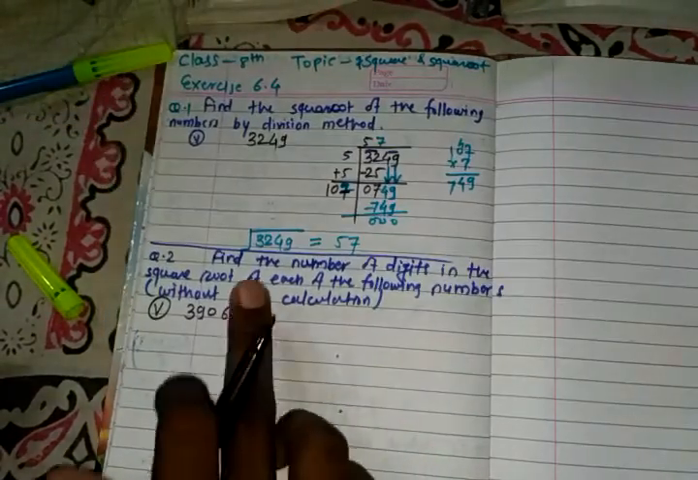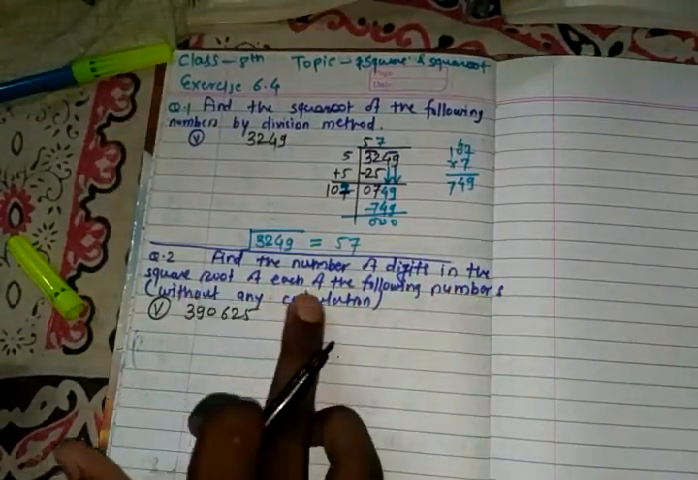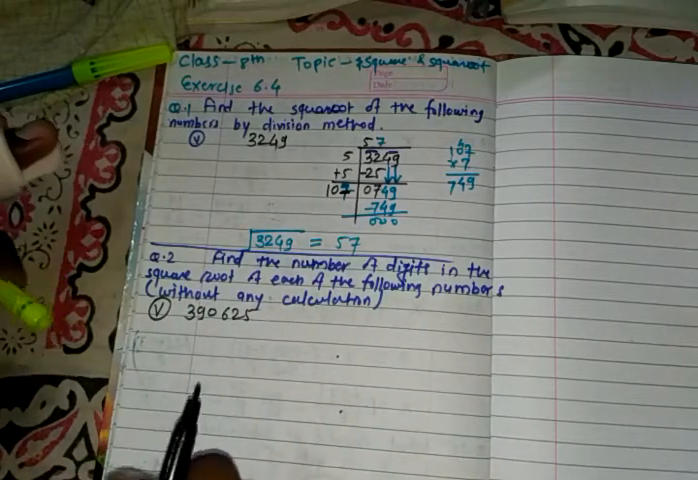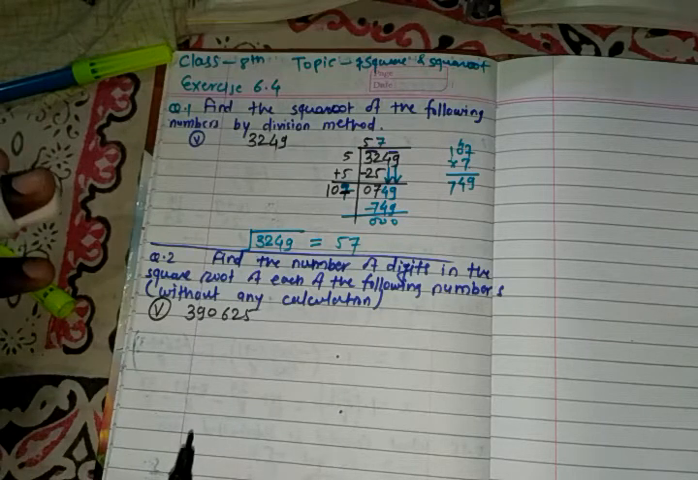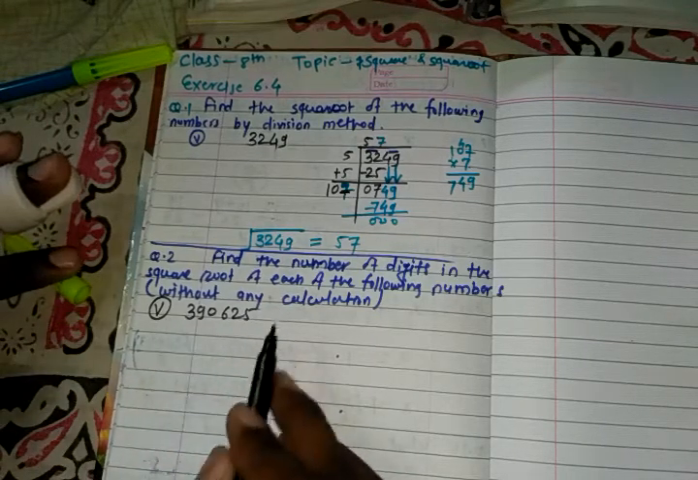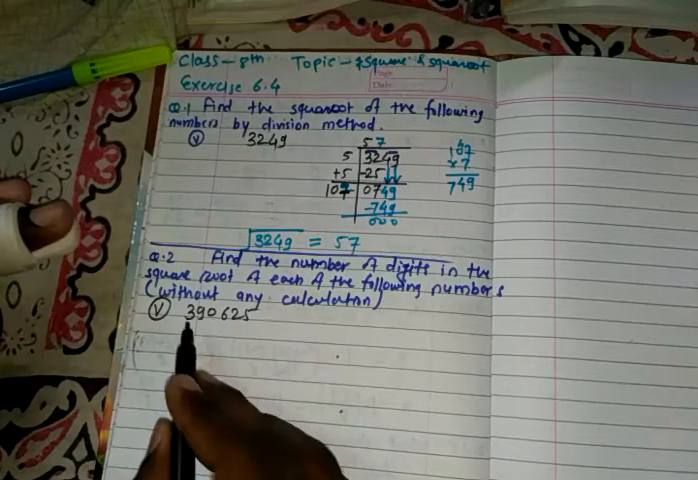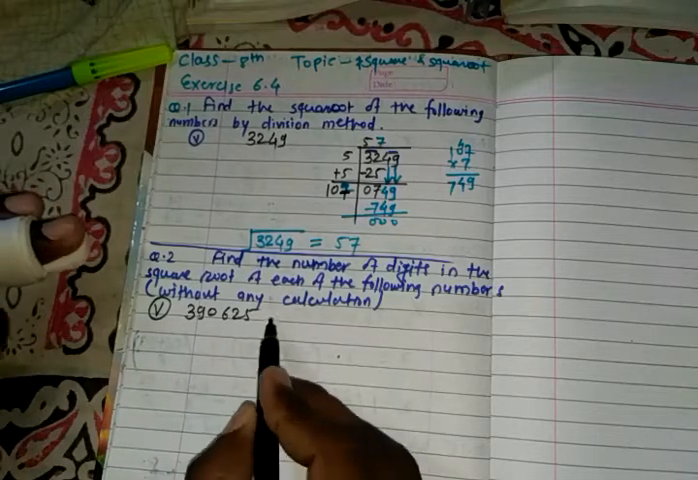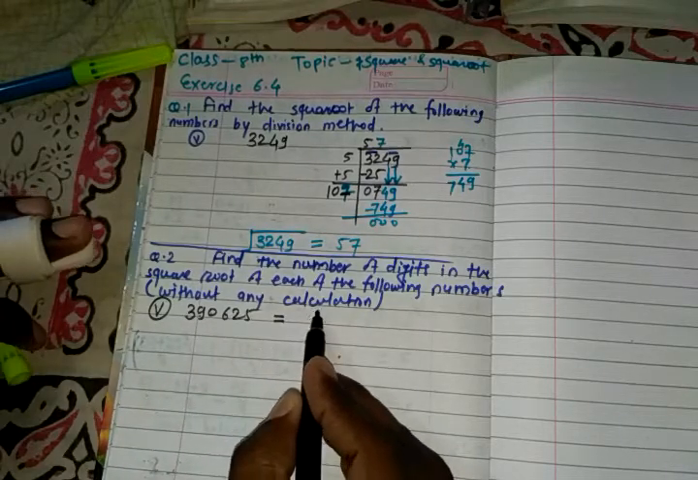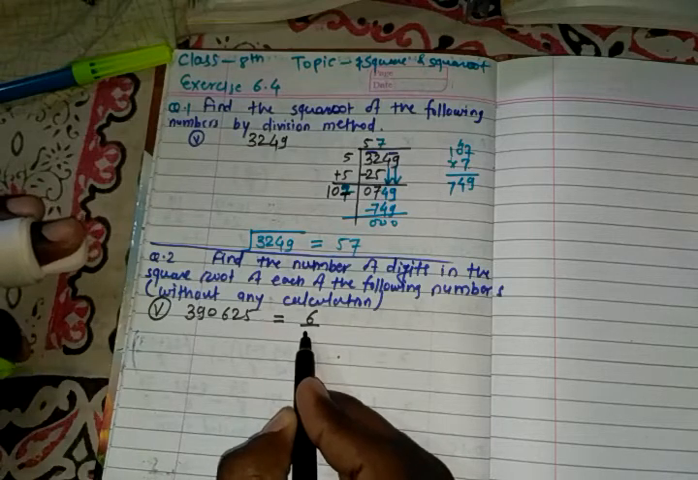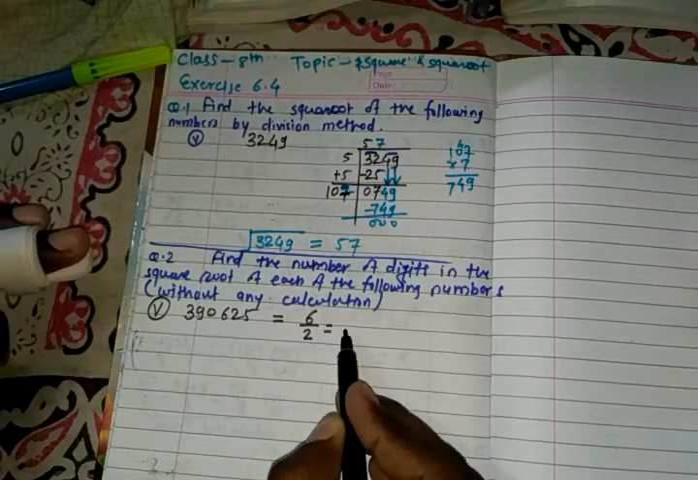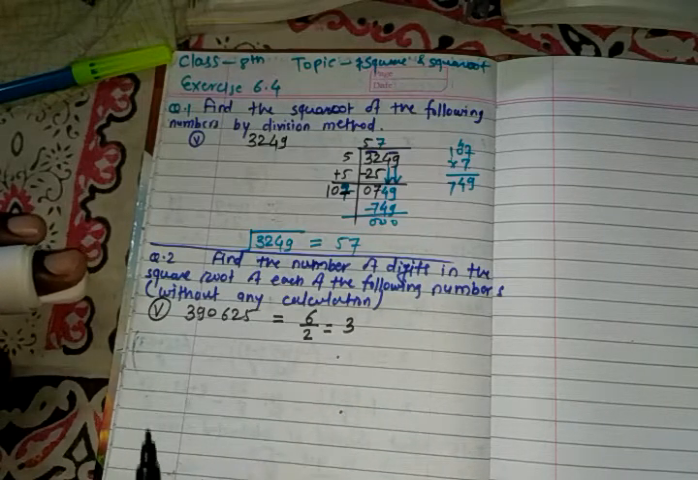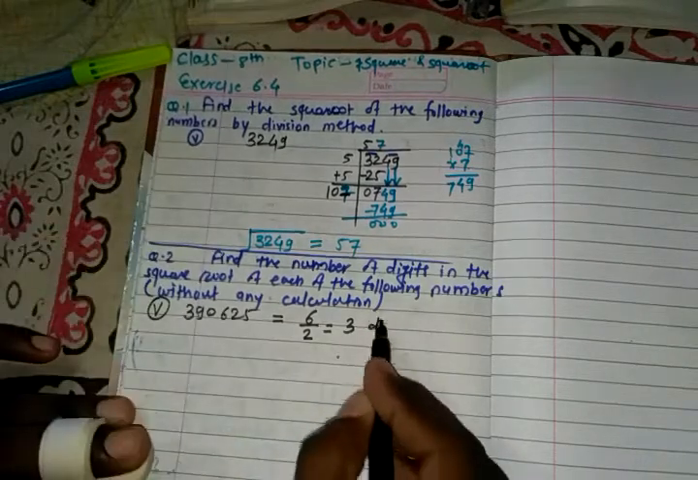Now in question number 2, find the number of digits in the square root of each of the following numbers without any calculation. So without doing any calculation, we just have to give the number of digits that will be present in the square root of the given number. For that we have to count the digits: 1, 2, 3, 4, 5, 6. After counting, the number of digits is 6. So I will divide it by 2. What is the answer? Answer is 3. So there are 3 digits